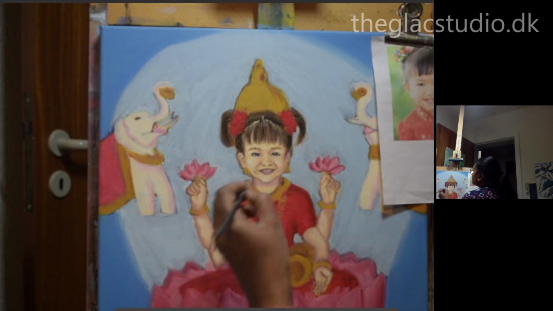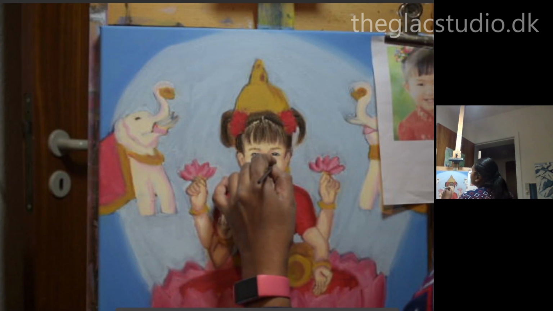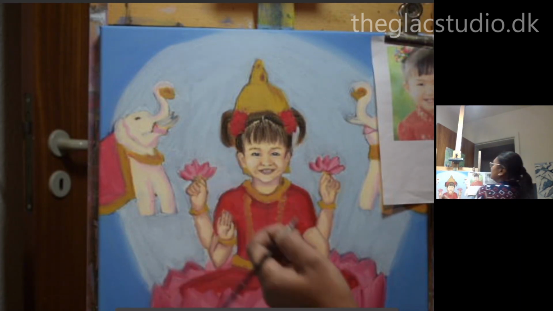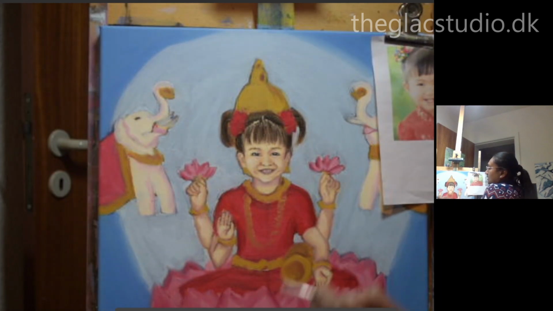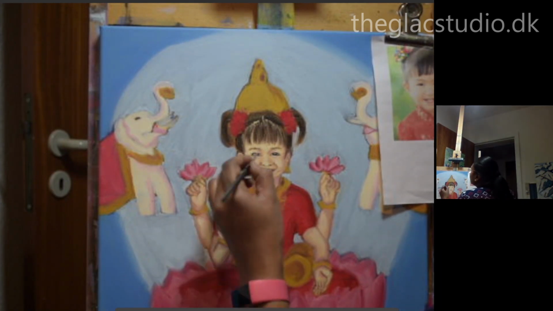She needs the nostrils also clearly defined, slightly defined here. Done. Adding the skin color to